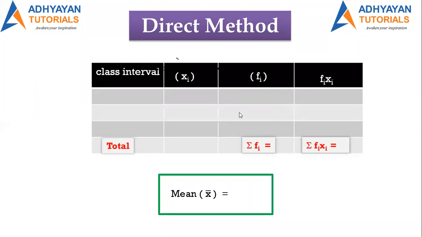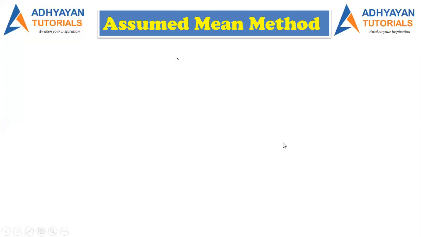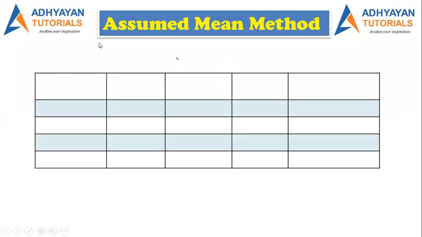Now there is one more method that we studied. The next method that we studied was assumed mean method. Anybody who wants to discuss assumed mean method? Anybody? So Daksh Chheda was the first one to answer. Daksh, you can hear me? Yes. Okay, Daksh. How many columns in assumed mean method? 5 columns. Can you name the 5 columns, Daksh?